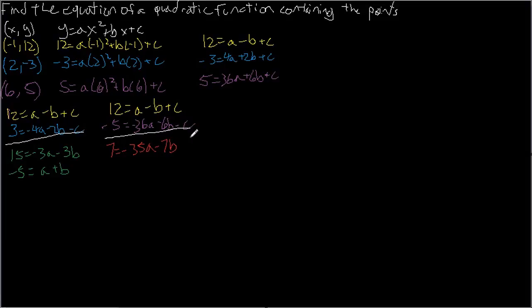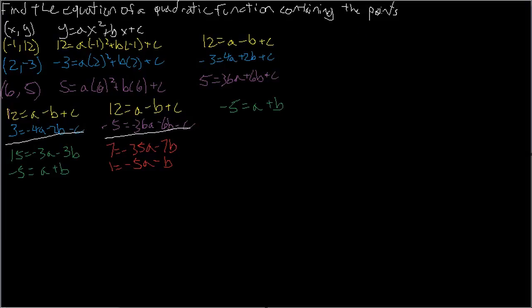Again, this is another equation that I'm going to end up working with, and everything in here is a multiple of 7, so I would like to divide by 7. So 1 is equal to negative 5a minus b. And now I have my two equations with two variables, and you can see this actually worked out really nicely the way I did it,